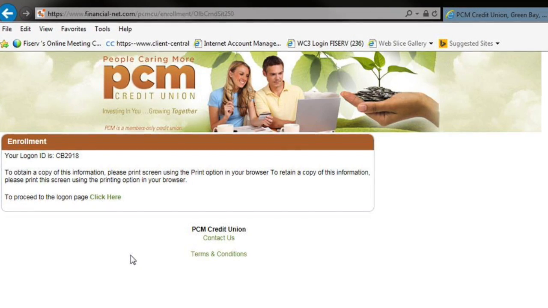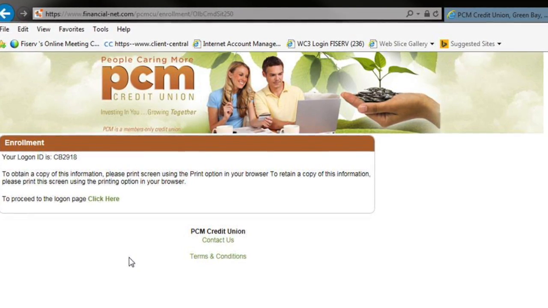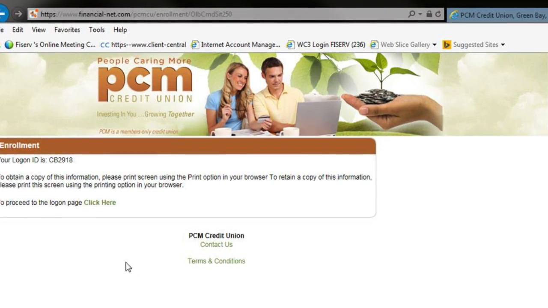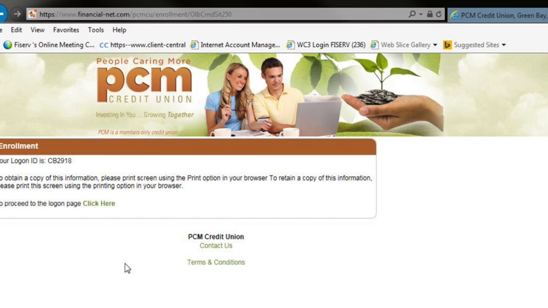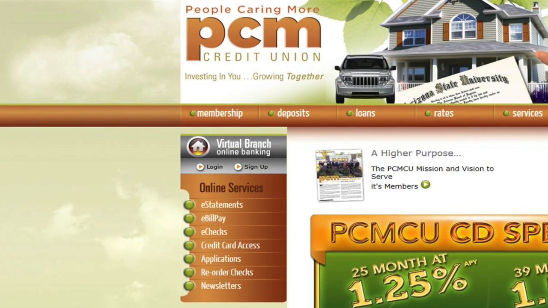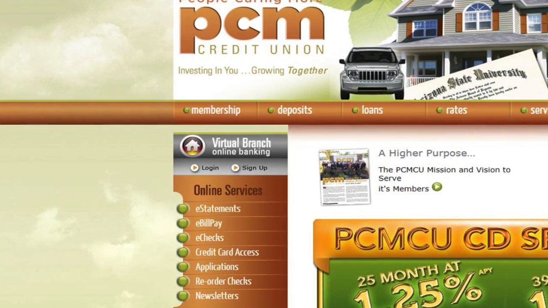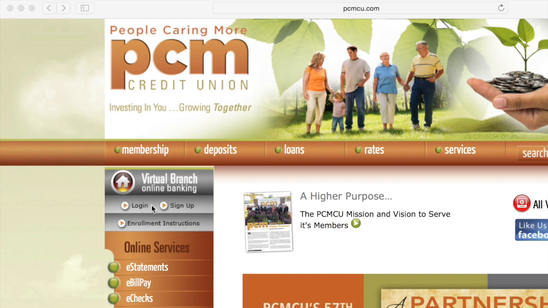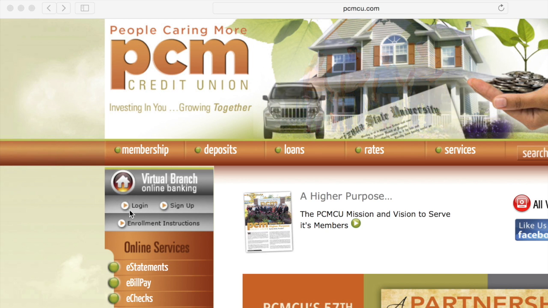The next step confirms your enrollment in PCMCU's virtual branch. Once you have made record of your logon ID and security code, please click on the green Click Here link to get to the logon screen for virtual branch. After you have completed enrollment and for all future interactions on PCMCU's virtual branch, from the home page, you can just simply click on Login, which will bring you to the same login page that we are currently at in